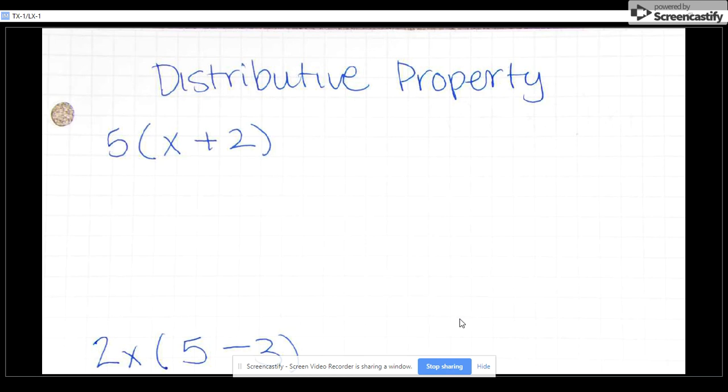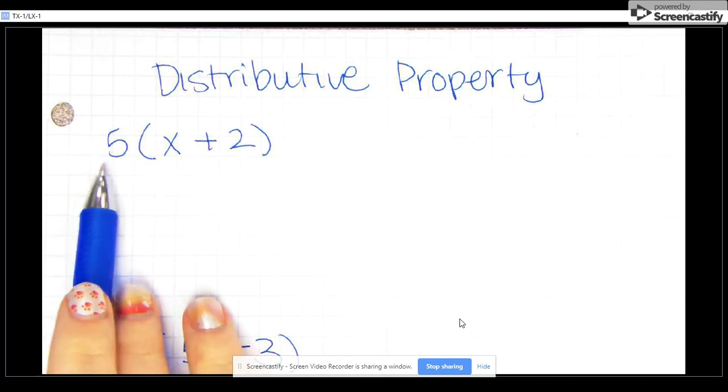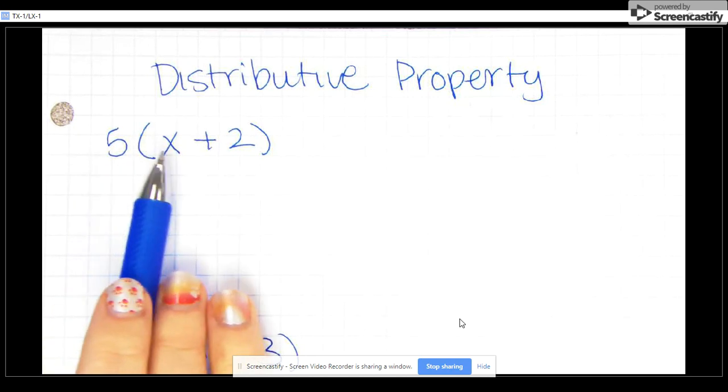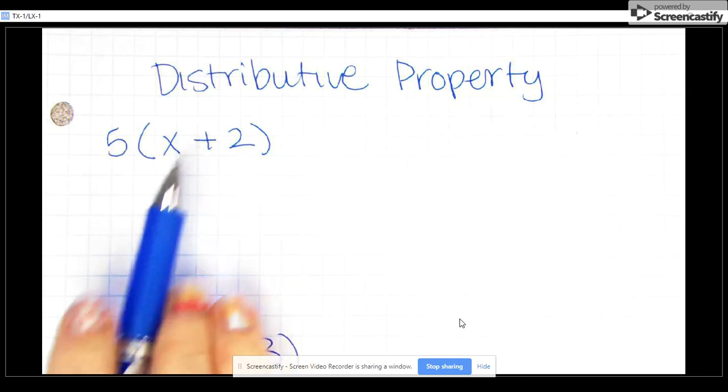Everyone. Today we're going to be talking about distributive property and combining like terms. Let's start with distributive property. Distributive property is the process of multiplying the number or variable in front of the parentheses by everything inside the